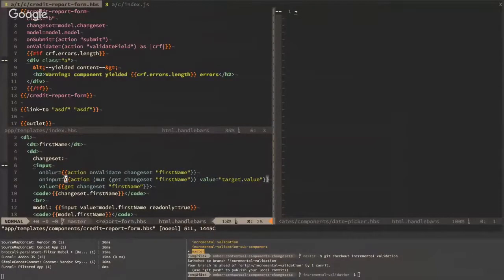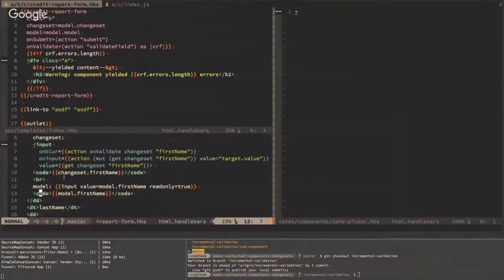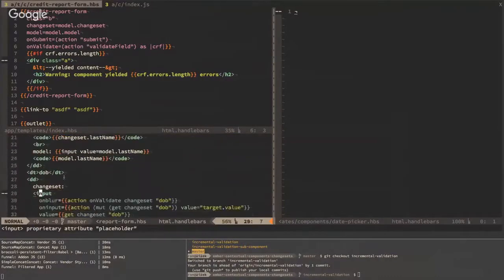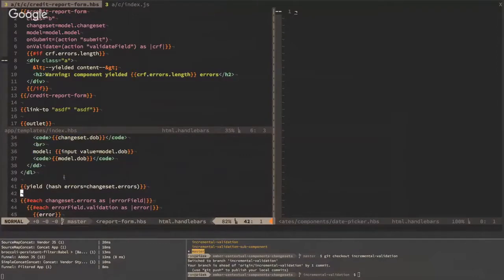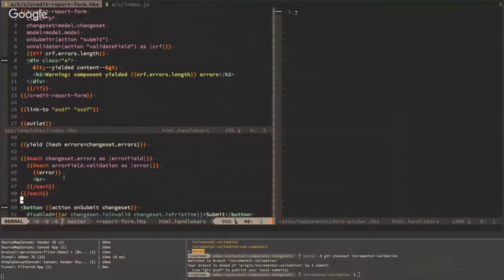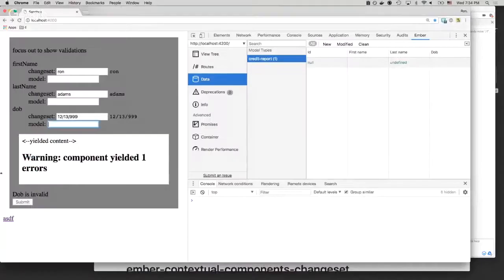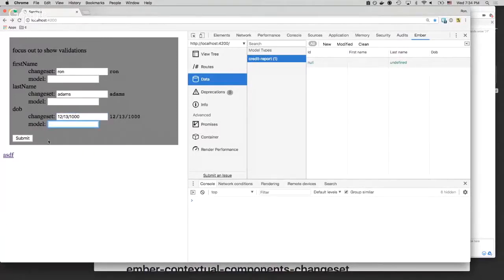And most of that is in the component itself. Here, the inputs have on blur and on input events, but otherwise it's really the same. So here we still yield up an object with the errors, and the on submit action does the same thing. So you can see here, if I was to do that again, Ron, Adams,